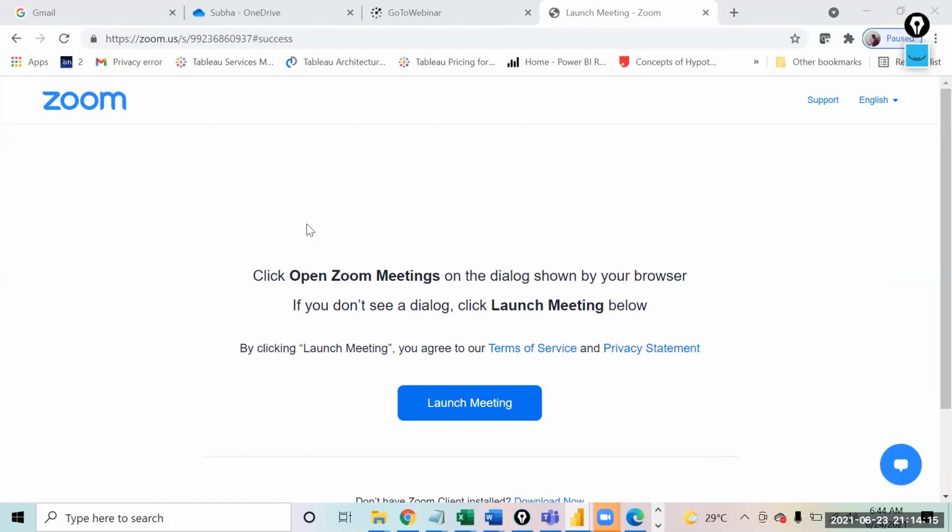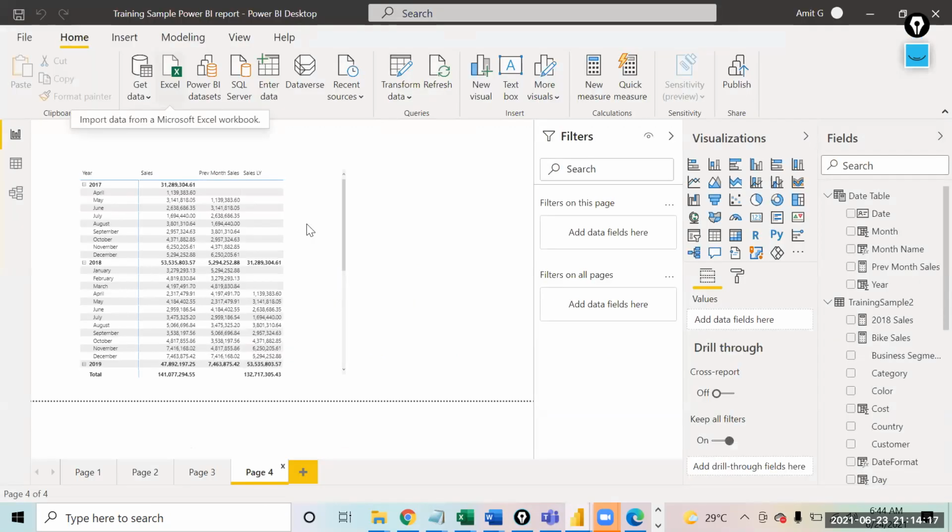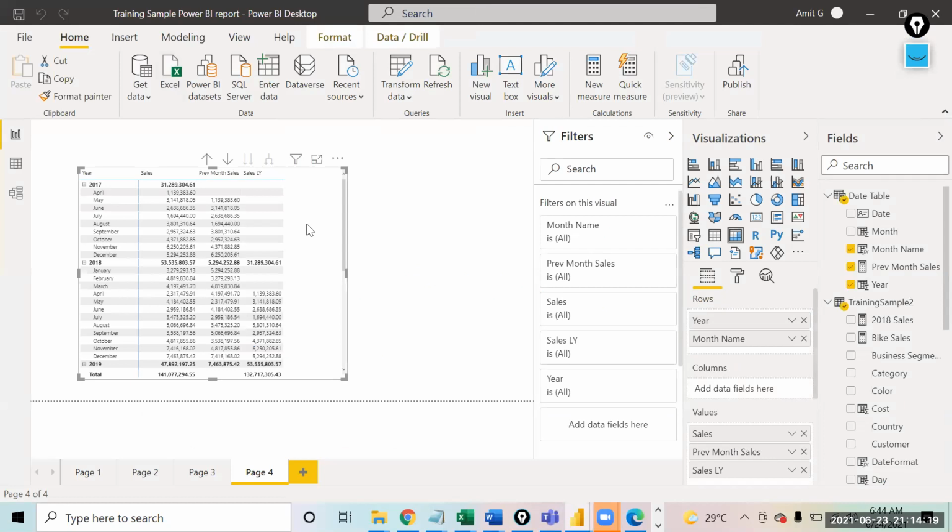Okay. So, are you all able to make this last year formula, sales the same period last year? And are you all clear on this? Okay, great. Now the next function that we will see over here is YTD sales.